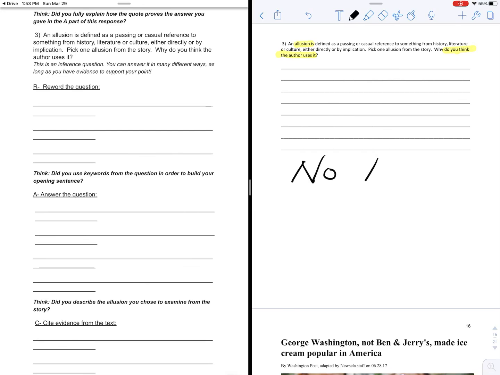Now, I know it says, why do you think? But remember, no I. We are absolutely not playing with the letter I. No way, no day. The only I's I want are the ones in your head. So with that in mind, when you get to that part where you're explaining, don't get lazy and rely on I think, I feel, I believe, I know this because those weaken your writing. You are an authority. Speak like an authority. Do not weaken your opinion by saying, in my opinion, it's just my opinion. No, you have a right to state what you believe. And I know it's what you think because you're the one writing it, right?